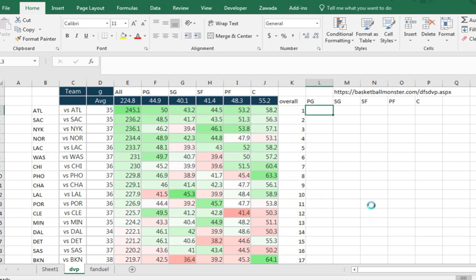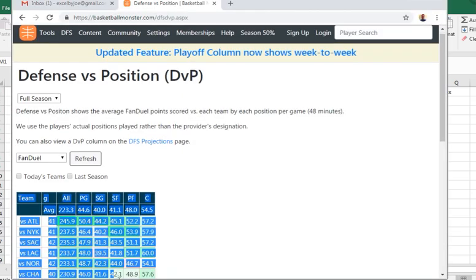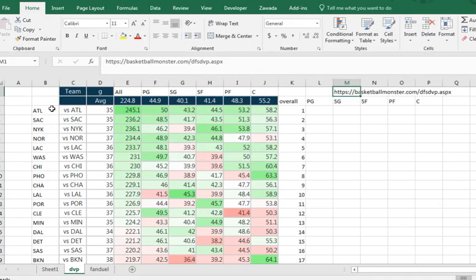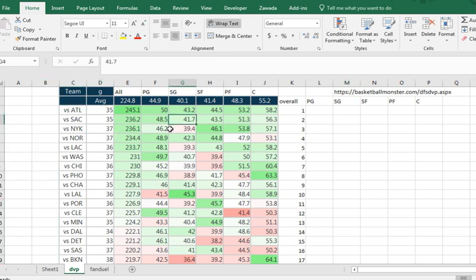The first step is to get the DVP information. I get it right here from this website, basketballmonster.com. All I would do is go in here, copy this down, and then paste it into my spreadsheet, which I did here. Let me delete this for now. So here's your information,